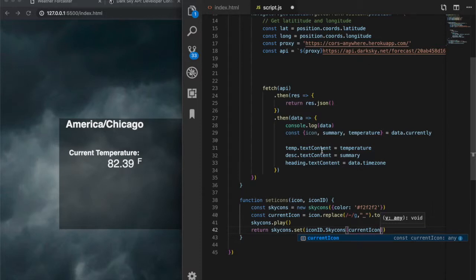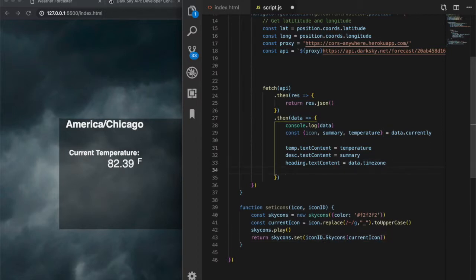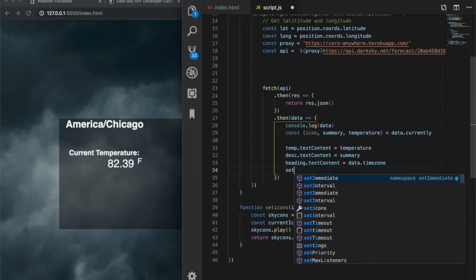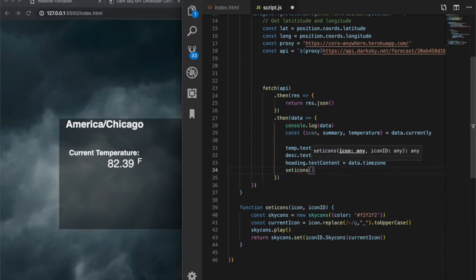So when we call it from here, set icon, and then we're gonna grab the icon and the icon ID